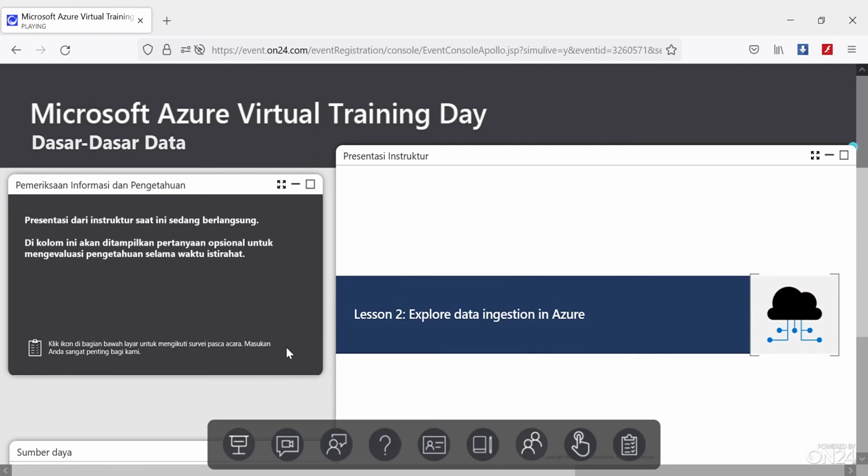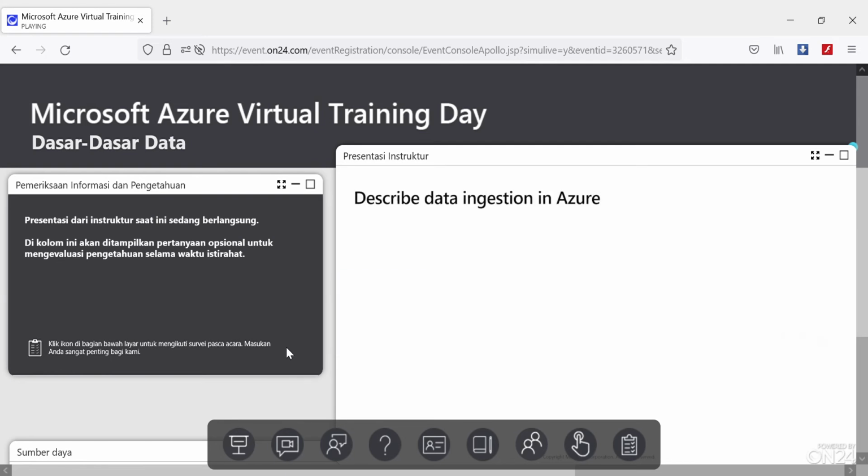Lesson 2, explore data ingestion in Azure. So data ingestion is typically the first part of any data warehousing solution. It's arguably the most important part because if you lose any data at this point, then any resulting information can